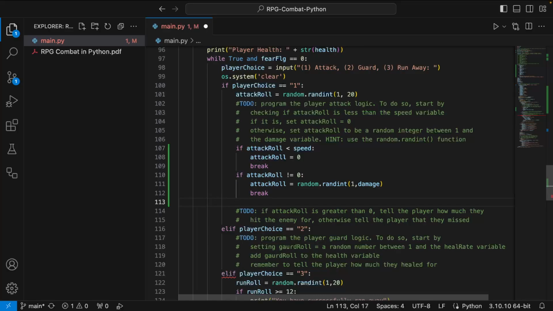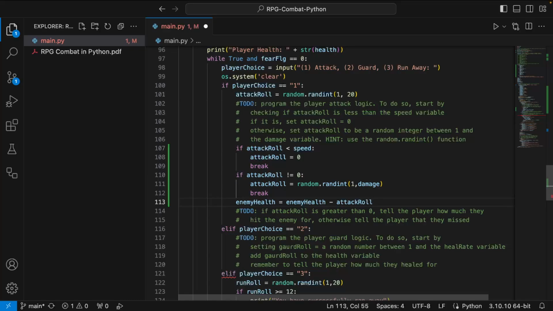What do I need to do? How do I damage the enemy? They have their own health variable. So that's the enemy health. What do I need to do? Let's say they have 10 points of health. What do I need to do to that 10 points of health? Exactly. So let me do it this way first. Enemy health needs to be the enemy health minus the attack roll. Does that make sense? You just do it like that. You don't need to put it in parentheses. Enemy health is going to be equal to the enemy health minus the attack roll.